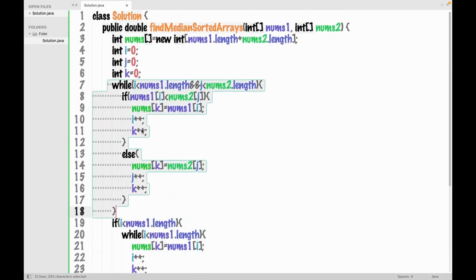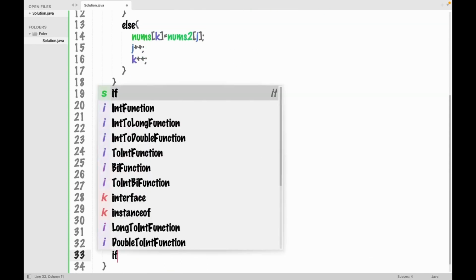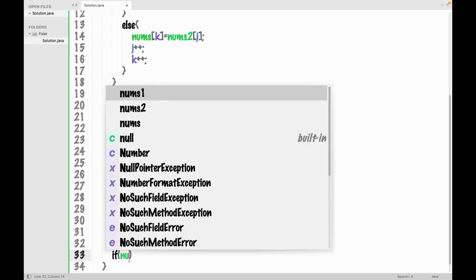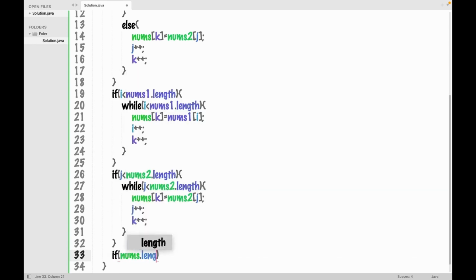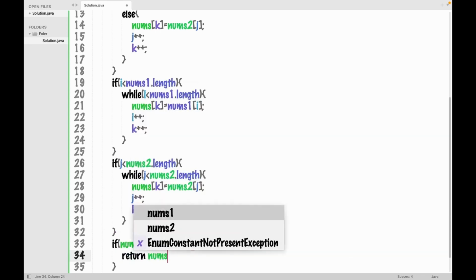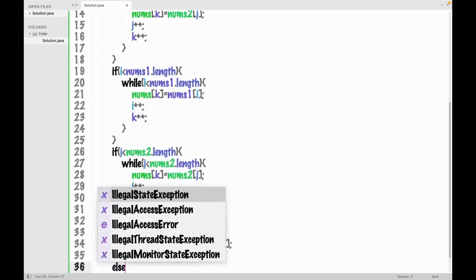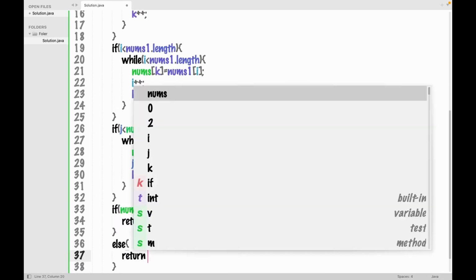Now after merging both the arrays into nums, to find the median, we have to check if nums.length mod 2 is not equal to 0. That means it is odd. So we would simply return nums[nums.length / 2]. That is the middle element. We would simply return it. Else we would return